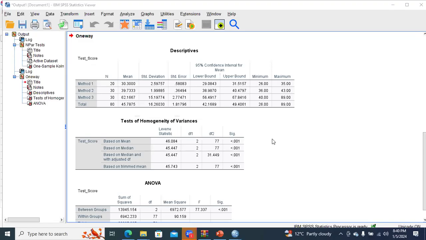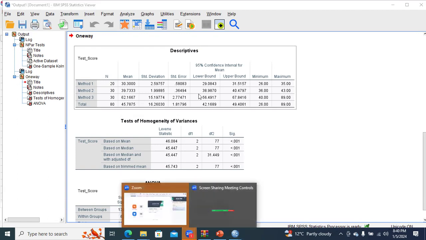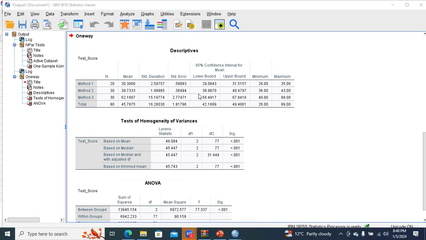All right, guys, there was an interruption from the internet, and I have started sharing my screen again. I was discussing this output, what the values are telling us. I was letting you know the test of homogeneity of variance. The sig values are less than 0.05, and these values are letting you know that you need to